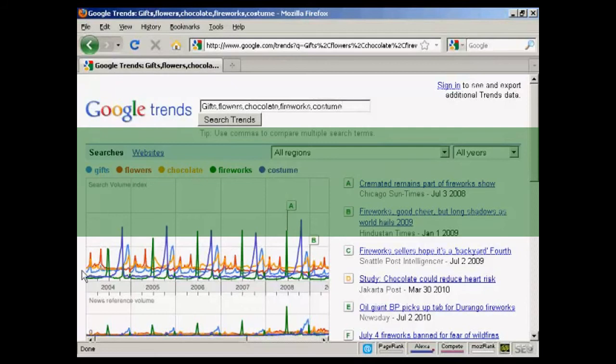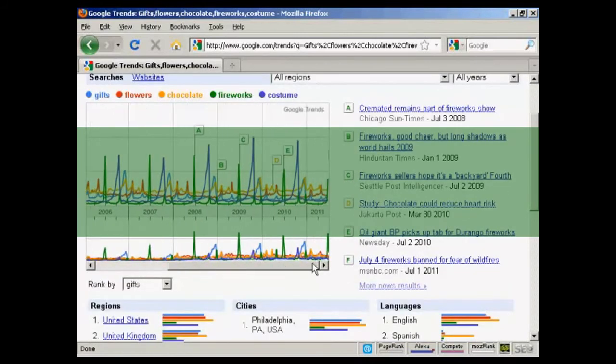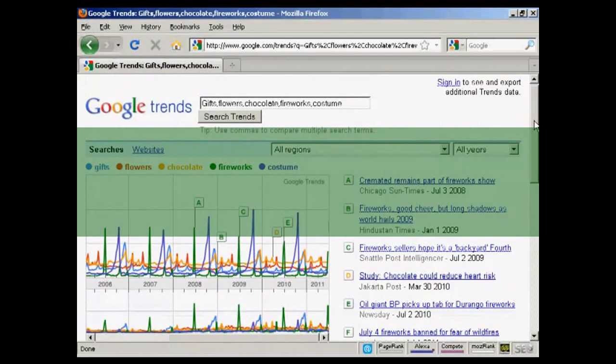And you can find that flowers sort of peaks around Valentine's Day. Fireworks tends to peak in the middle of the summer, mainly because the 4th of July in America gets a lot of searches and lots of airplay, lots of news. Costumes again tends to peak around Halloween, because countries like America, Ireland, Britain, Germany have Halloween parties and people dress up in fancy costumes and so on. But you can also use this to analyze trends and show where your product or service might be better aimed at a specific place at specific times of the year.